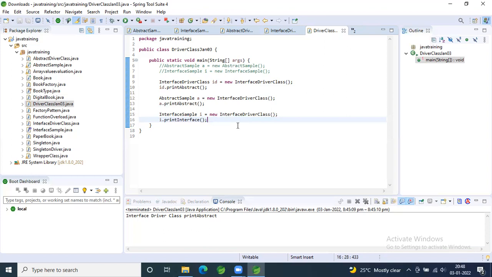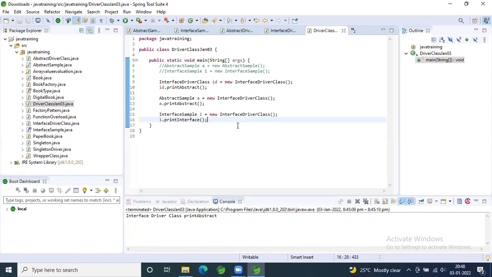You don't have any logic in your abstract class. You have to write everything in your child class only. So draw and area are the two abstract methods in your abstract class of shape. And you have one more method called fill color. That color is a concrete method. For all the shapes, you're going to give a common color. So just make the color as fill color.